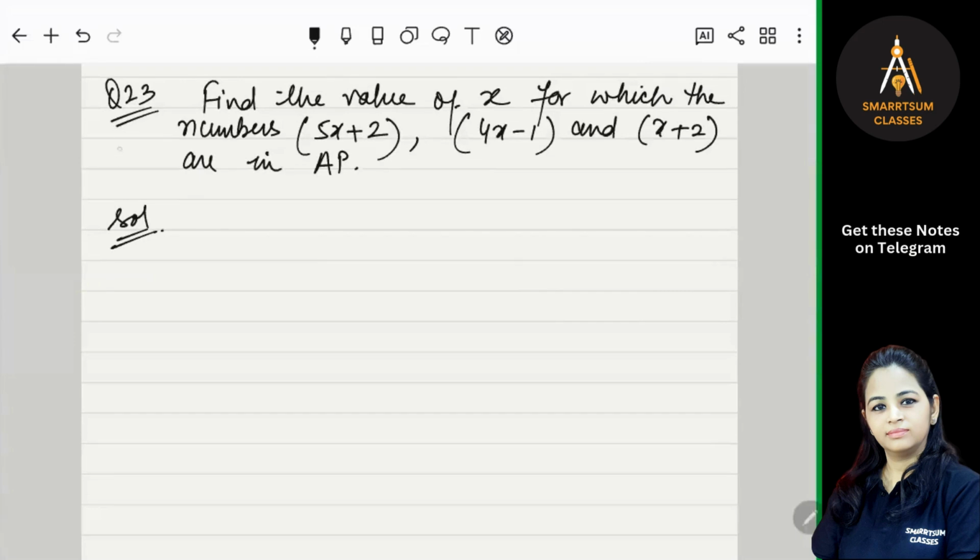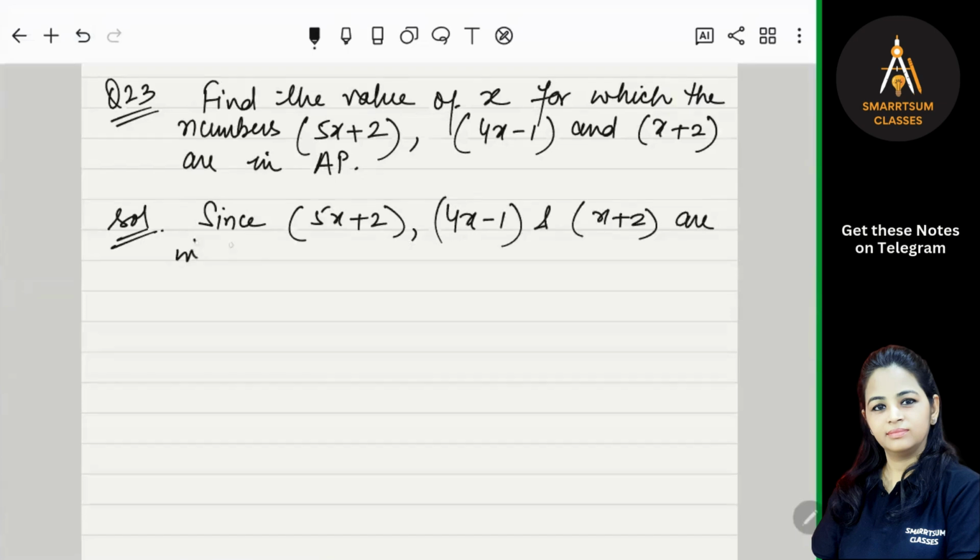Now in this question number 23, find the value of x for which the numbers 5x plus 2, 4x minus 1 and x plus 2 are in AP. So what we have to do, since it is given that they are in the AP, first write down: since 5x plus 2, 4x minus 1 and x plus 2 are in AP, then their difference will be same, yes or no? Are you getting it? That means